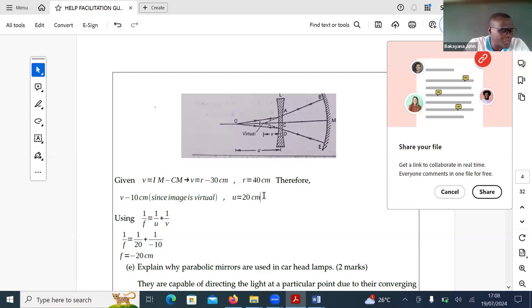Describe an experiment to determine the focal length of a concave lens using a plane mirror, a converging lens, and an illuminated object. I think we have seen that. Now, the other one, part D, is a calculation question. So the calculation question says,